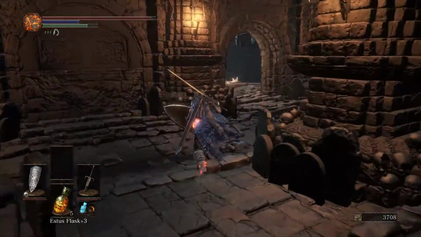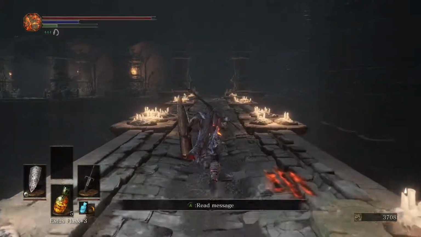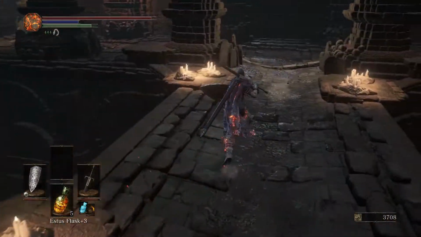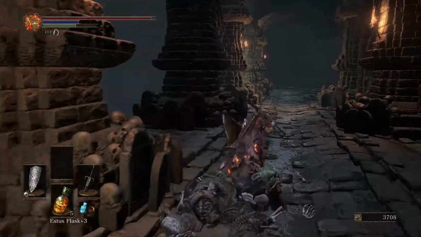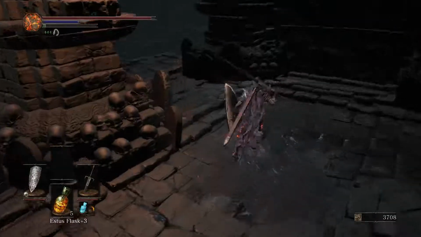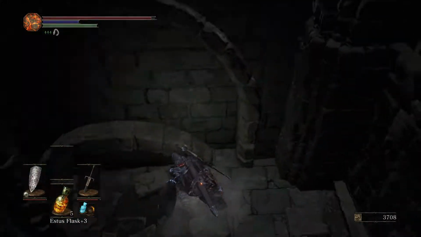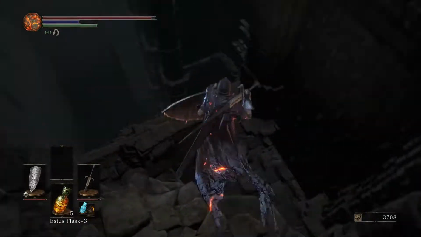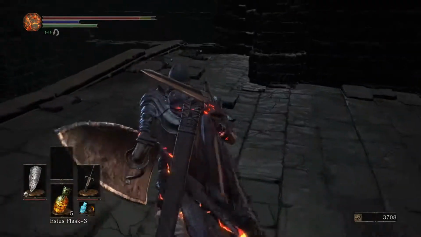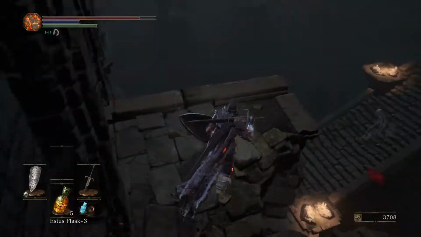Alright. So, going around over here, we are going back towards the area where we started. However, there is a small little platform we can go off of. I think you can take falling damage from this. I think it's one of these platforms. I can't remember, but just don't worry about it too much. Yeah, that one right there. You might be able to angle it to where you don't get falling damage at all, but...